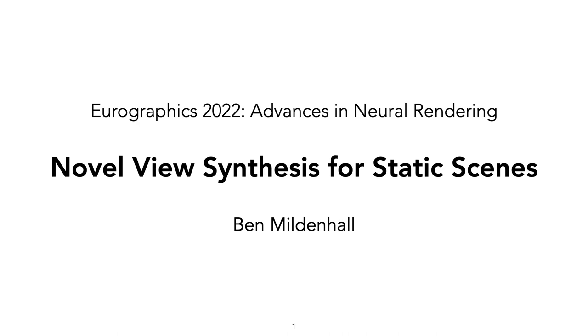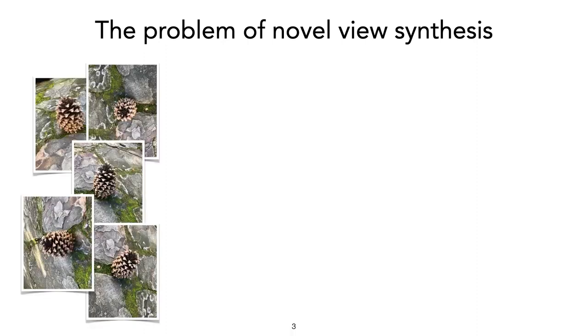Hi, I'm Ben Mildenhall, and I'll be giving an overview of view synthesis methods for static scenes. First of all, what is view synthesis? We'll start with a stack of images of a particular scene, and we assume it's possible to calculate corresponding camera poses for each image, so we'll know the camera's position and orientation in space, as well as any intrinsic parameters such as focal length. Given this sort of input data, our job is to devise an algorithm that produces a